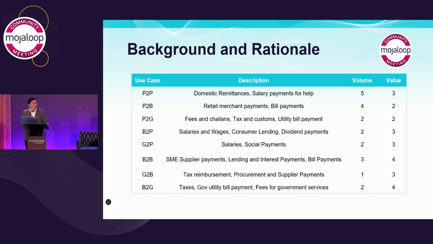So this chart provides an example of how we can prioritize use cases to be implemented based on volume and value, two factors only. This is just an example. It cannot be the same for all countries. We need to do research and get input from relevant participants so that we can put proper numbers in this prioritization chart. Here we use two factors, volume and value, but we can add more factors like ease of implementation, willingness of participants, the DFSPs, and so on.